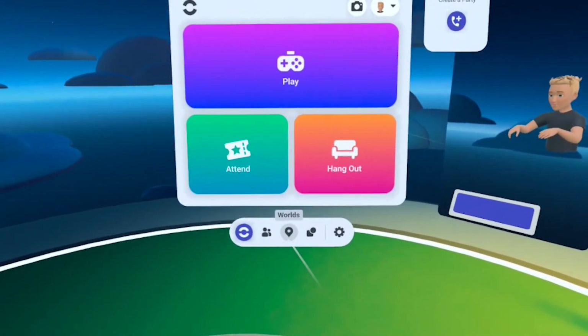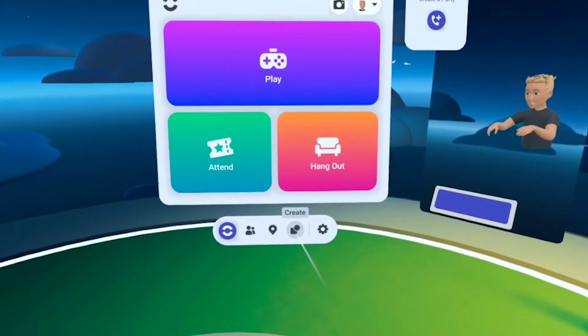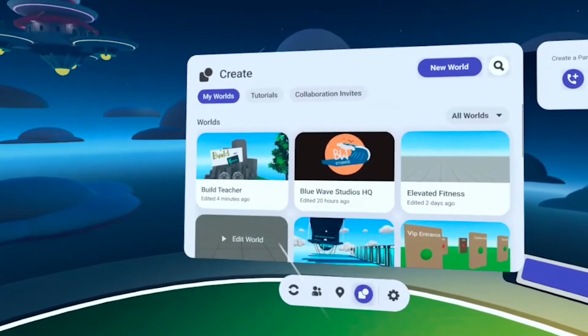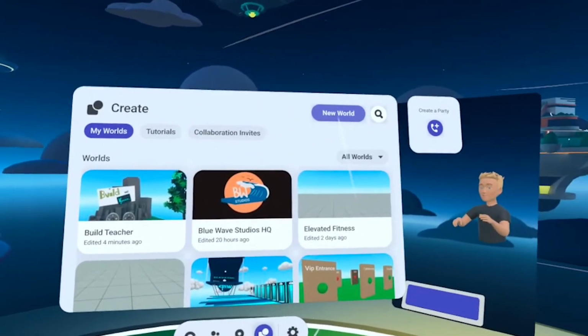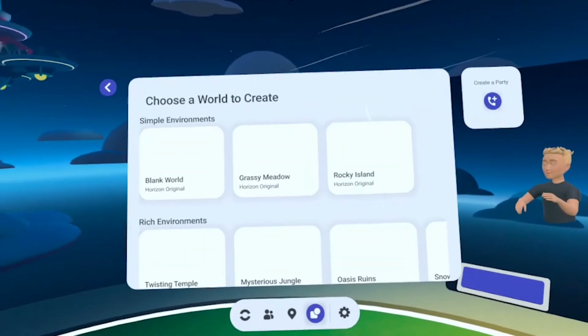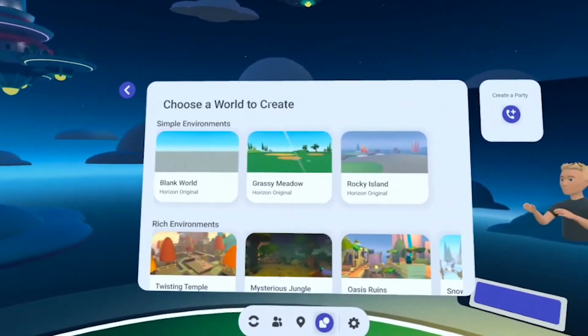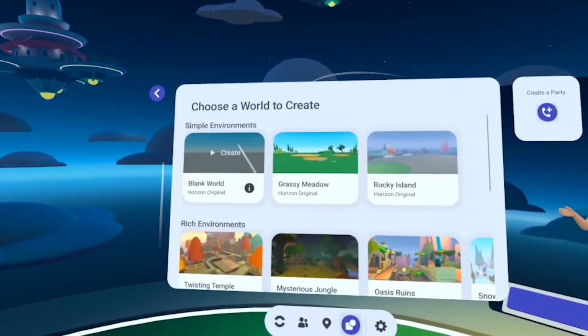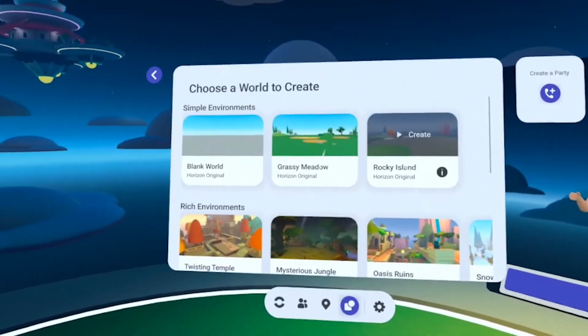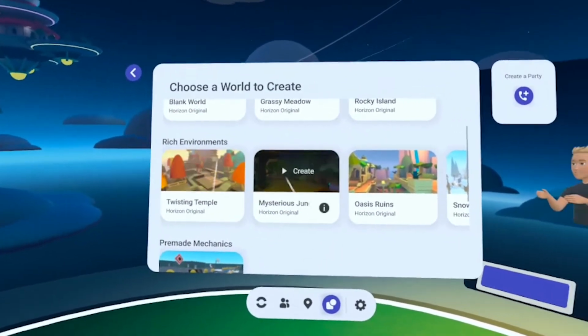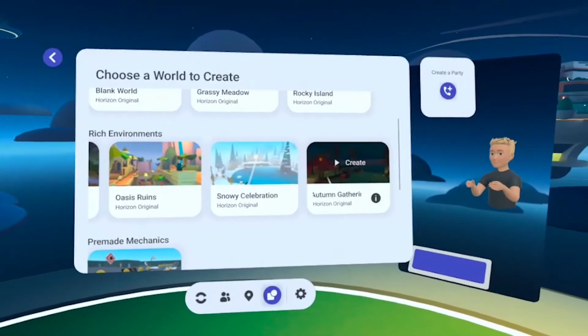So step one, we've got people, worlds, and create. So we're going to click on that create tab, and we're going to start a new world. And in this section here, they give you environment options that you can choose from, some rich environments that have a little bit more to them,